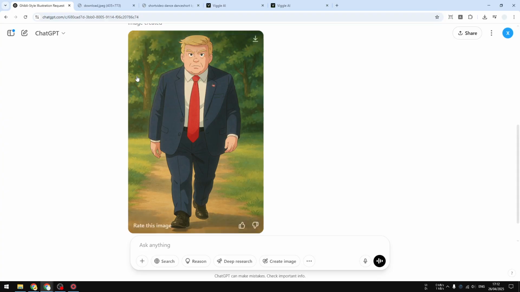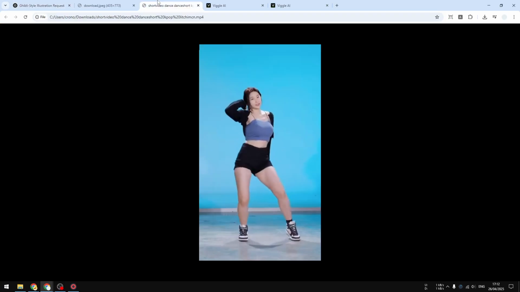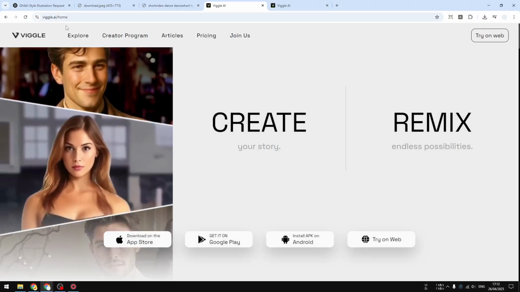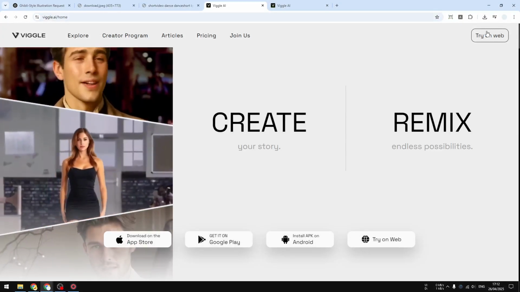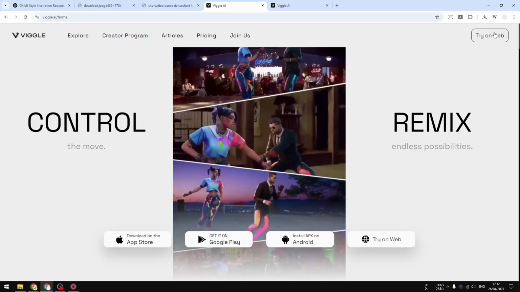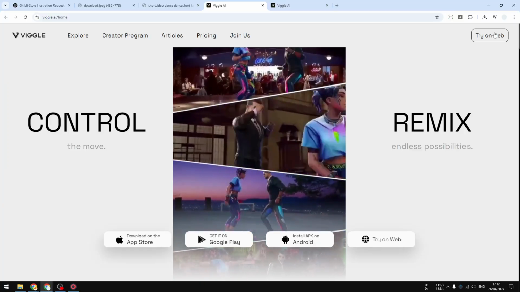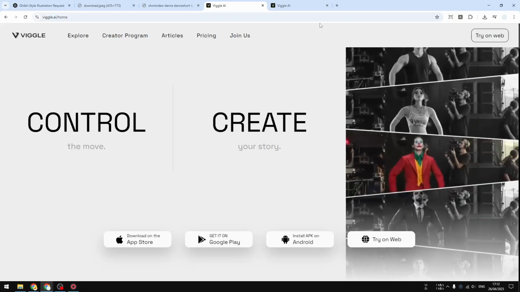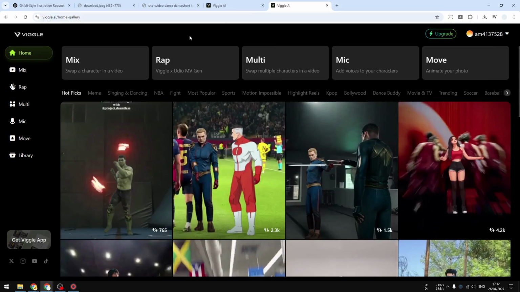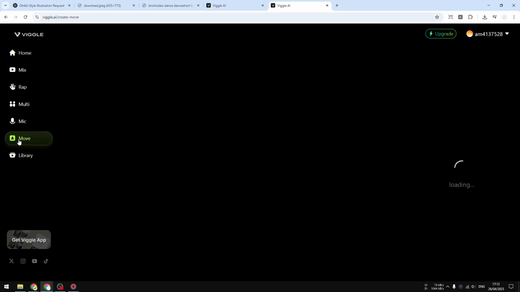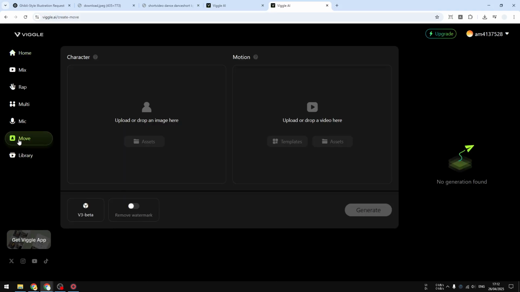Now, after you have acquired the picture and also the video, you can navigate to Viggle.ai and then you can click try on web, and then you can sign up for free using email or using your Google account. And after you have logged into your account, this is what the tool looks like. You want to click on this tool called move,